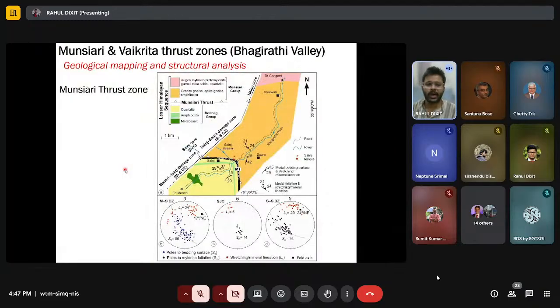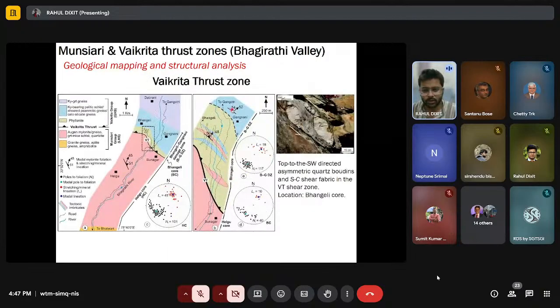Now this same kind of methodology we adopted in the Bhagirathi Valley also, and based on this we identified several damage zones and the core in that region. I'm not going much into detail in this because it is a similar methodology. And we also did the same to identify the Vakrita thrust zone rocks within the Bhagirathi Valley. So here again, the same set of tectonic slices of the footwall and the hanging wall rocks was seen within the Vakrita thrust zone,